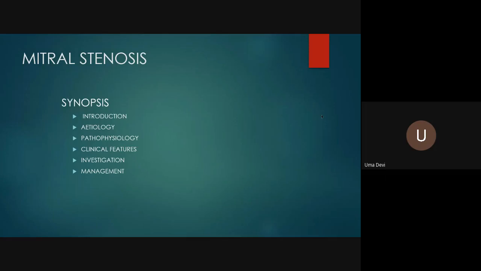In mitral valve prolapse, the mitral leaflet is what? There is a myxomatous degeneration and it will be flail. So with this background, we'll go to the first topic, mitral stenosis. Now, stenosis means there is a constriction, that is, in the blood which has to flow from the left atrium to the left ventricle. What is the normal circumference of your mitral valve?